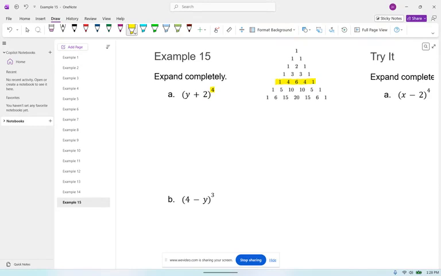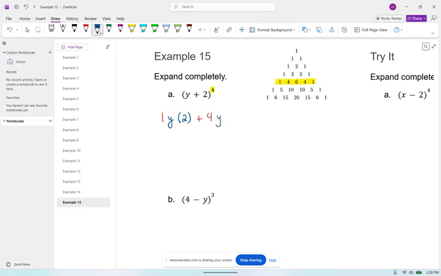Okay, 1, 4, 6, 4, 1. We're going to go ahead and write out our coefficients with what goes after that. So we have 1, and then we have y, and in place of our other variable, we have a 2. So in parentheses, we're going to put a 2. On all of these, that's what it's going to look like. So then we have plus 4,